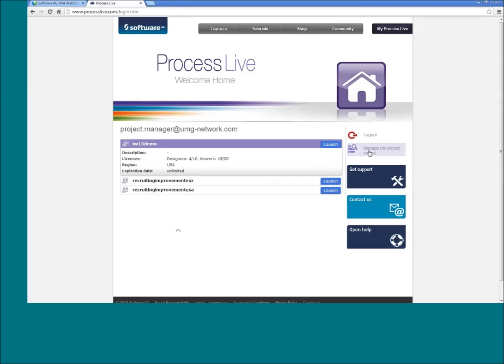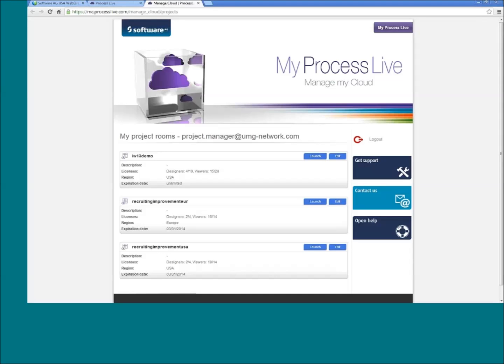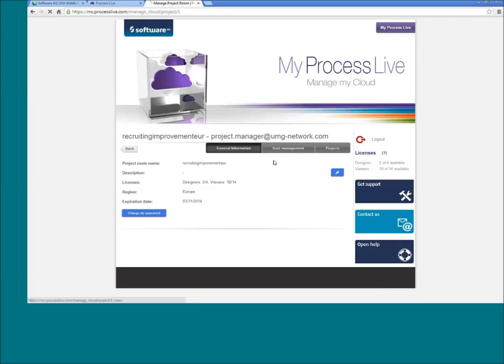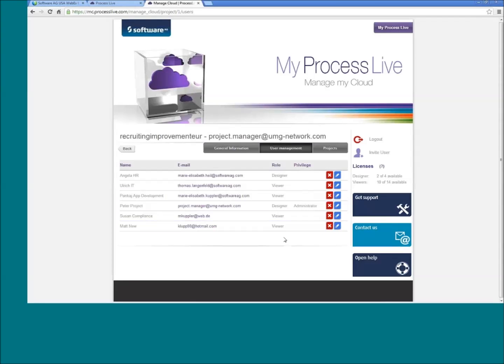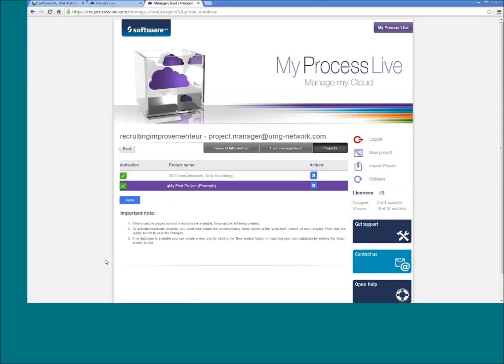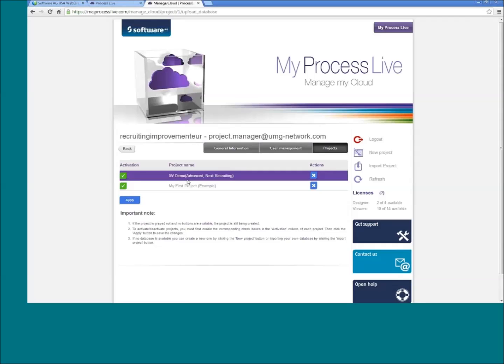If you click on Manage My Project Rooms, you can really see what's going on in the project. So you get some general information. You can set up your users, and you see we have a few designers, some viewers, an administrator, and you can manage your projects. Projects are the databases which are running in your Process Live project room. If you would start a new project,